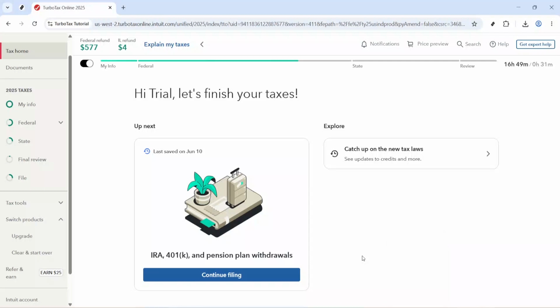In today's video, I'm going to teach you how to enter an IRS IP PIN in TurboTax. If you received an identity protection PIN from the IRS, it's important to enter it correctly when filing your tax return. This PIN helps verify your identity and can prevent delays or rejection when you submit your return. In this walkthrough, I'll show you exactly where to find the right section in TurboTax and how to save your